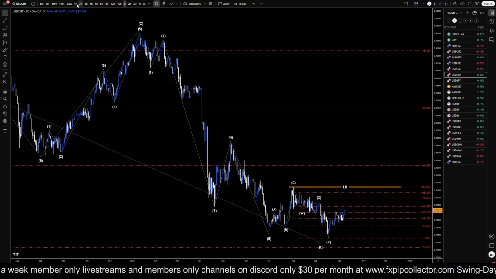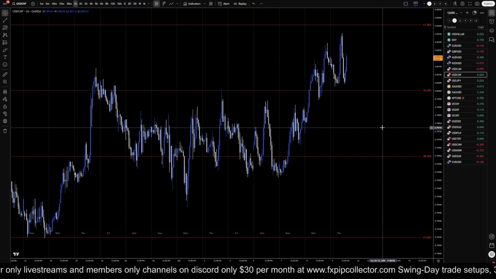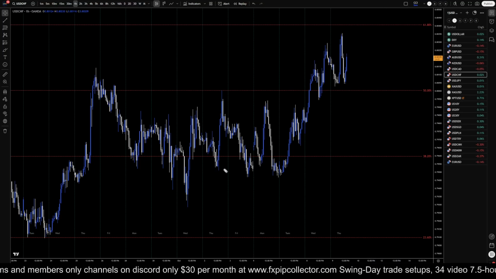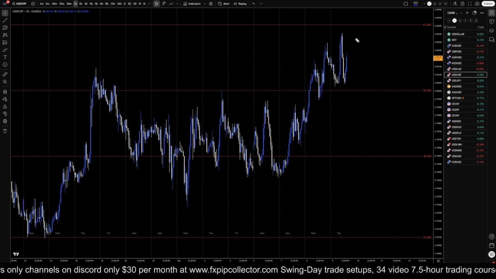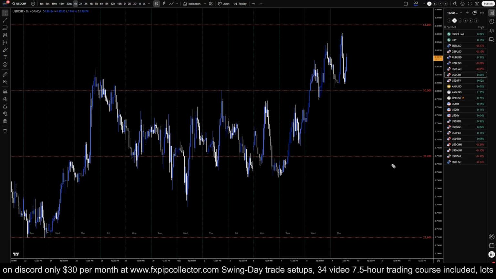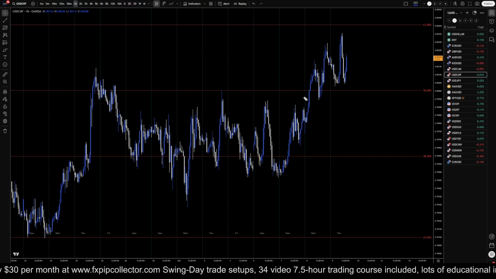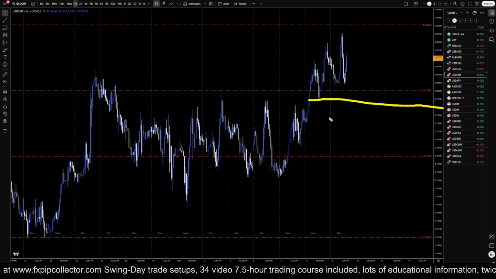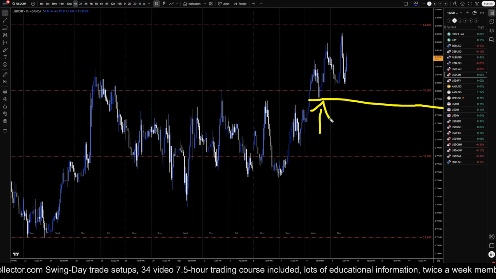So, anyways, taking it down to the 1 hour time frame, definitely still bullish. I mean, we do not have any significant break of structure to the downside yet. Anytime you see something that looks like a possible pullback, I definitely would still be looking for longs as long as we don't get a break of structure to the downside, which I think right now our most significant structure